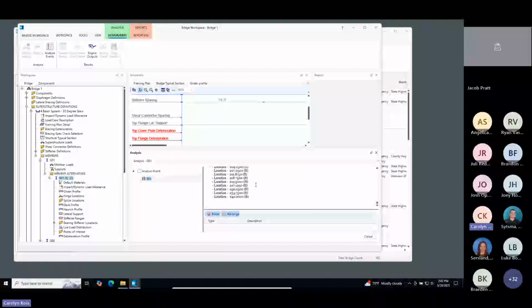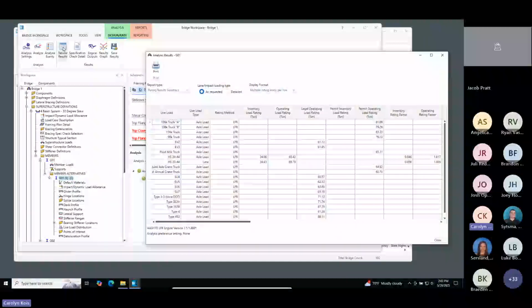This one takes a little bit of time because it's a longer bridge and we have a lot of vehicles in the template here, but this should just be a moment. All right. So we ran the analysis there, and in the first place we probably want to check is tabular